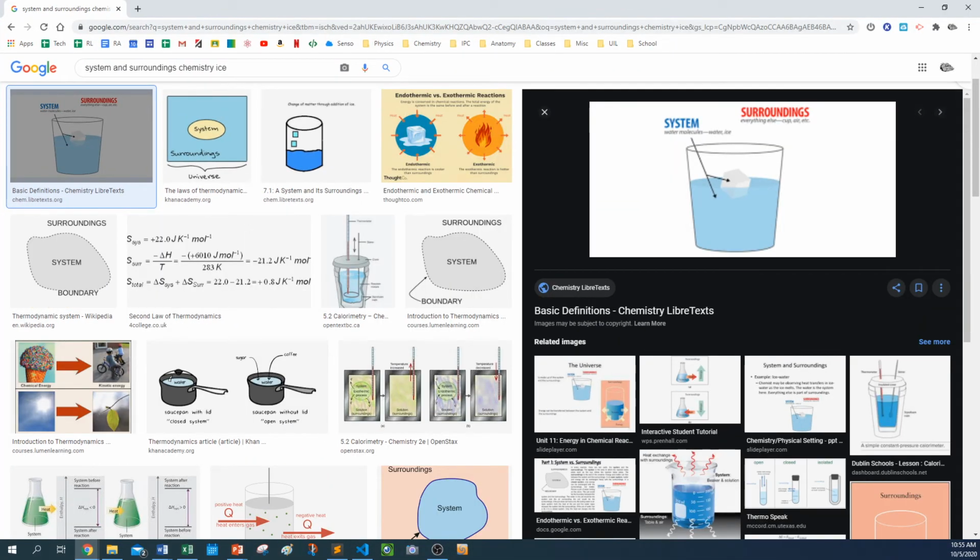In this example, our system would include the water and ice. Everything else would be the cup, the air, etc. It depends on what we're referring to. So the system is a loose definition. It's the object of our study. Sometimes our study would just be the ice cube itself, in which case the heat is going up and warming, the ice is pulling heat from the water into the ice, warming it up.